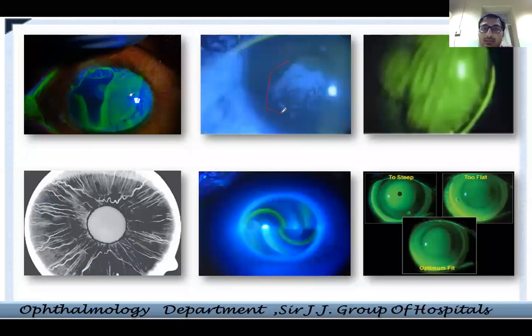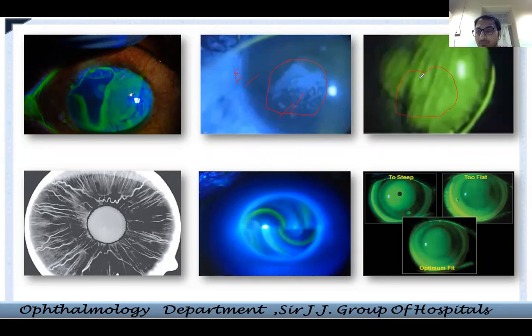Then this is basically post LASIK. If you would have identified it as a spot diagnosis, this is nothing but epithelial ingrowth. Epithelial ingrowth happens below your flap at the interface. In this you can also do fluorescein staining to know if there is any leaking tract between the interface and your surface. So you know from where these epithelial cells are migrating inside, and that will give you an indication that you might have to lift the flap and operate on this patient.